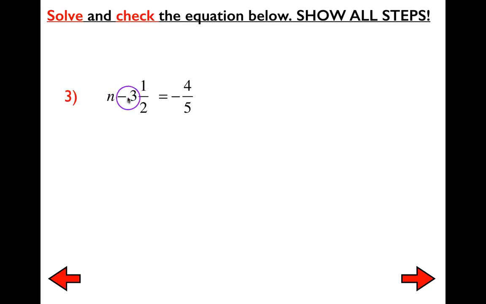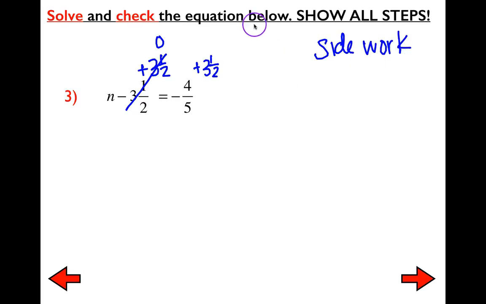What's the inverse of subtracting 3.5? Would be to add 3.5 to both sides. So again, I'm using the inverse operation, but you could also think of it as additive inverses because additive inverses create 0. So I'm going to go ahead and eliminate this because it gives me 0. Now notice the reason why we write it horizontally, it's nice because the sign of the number is made very clear. So here off to the side in my side work,